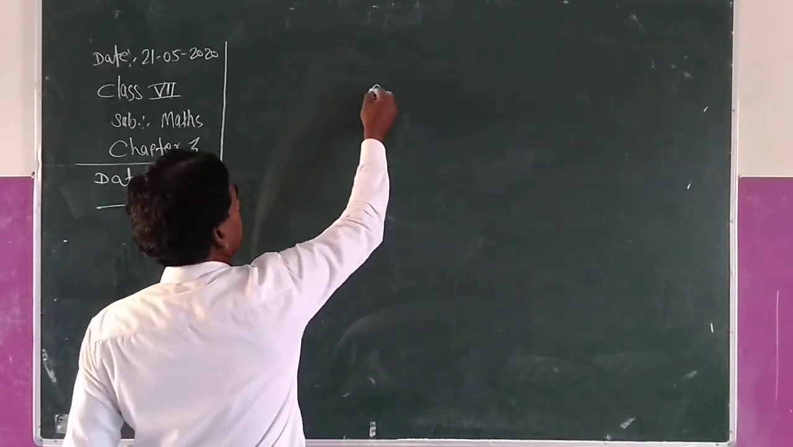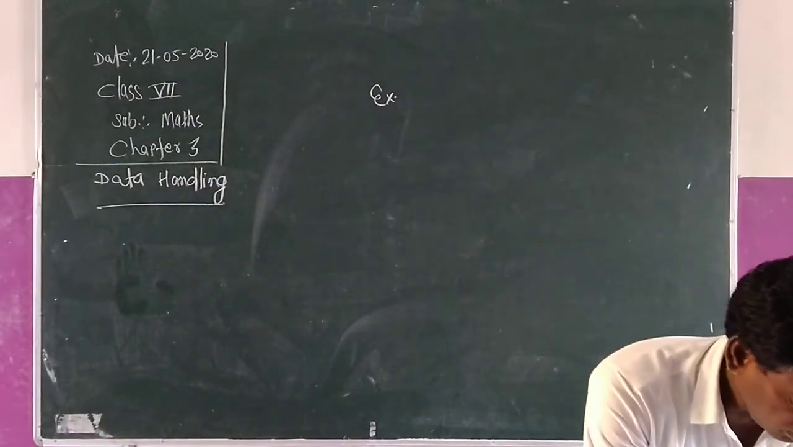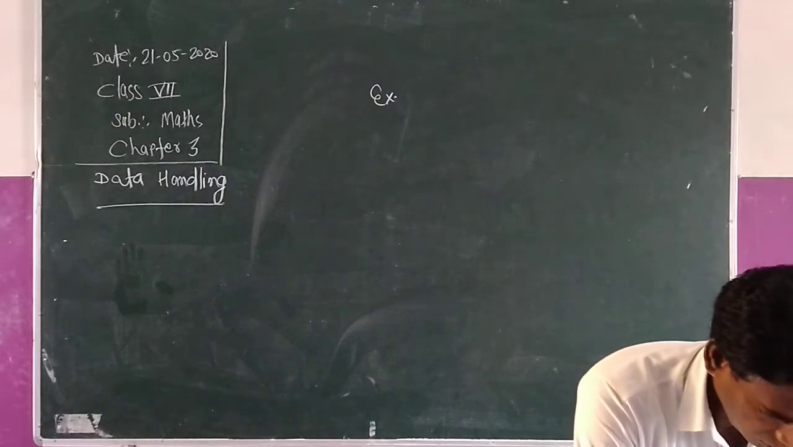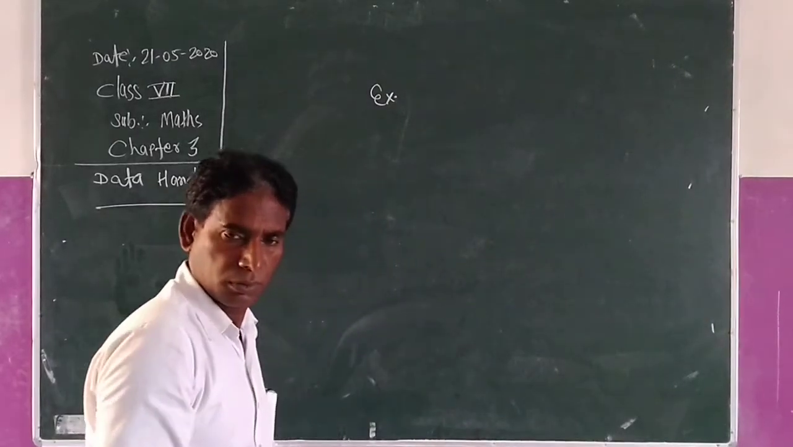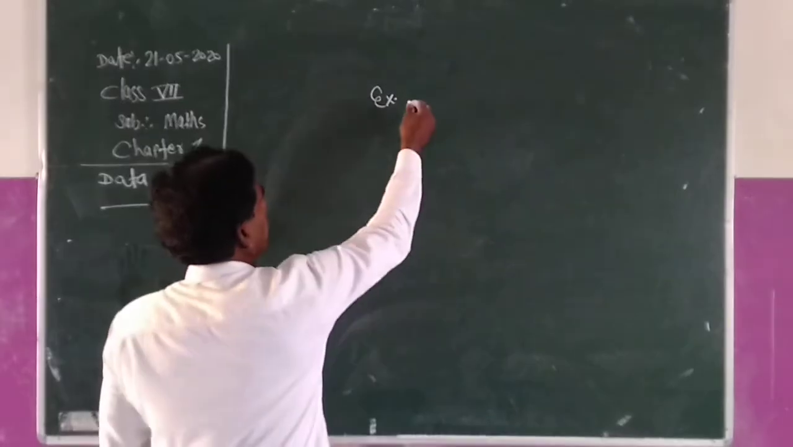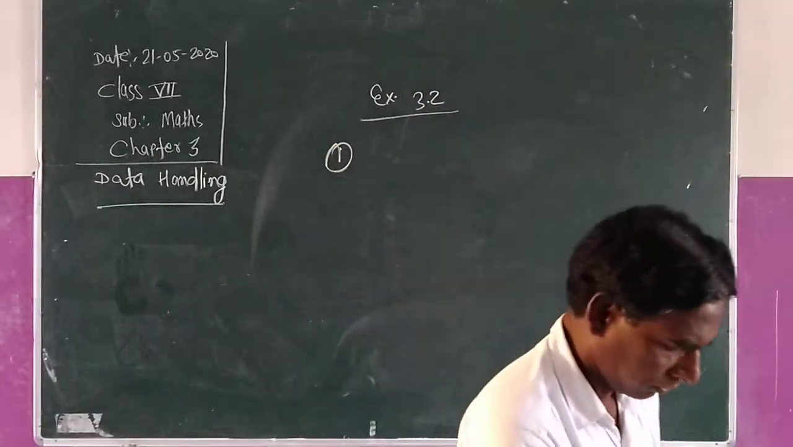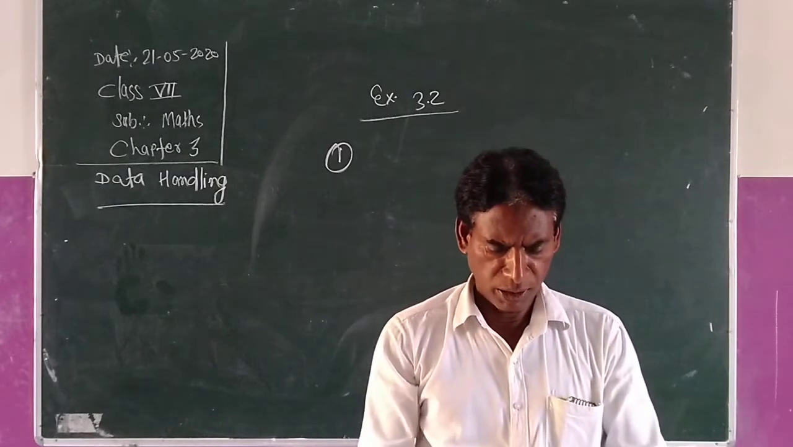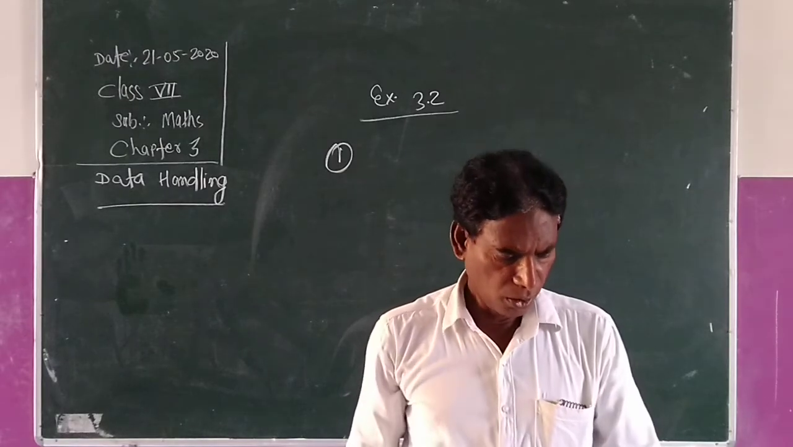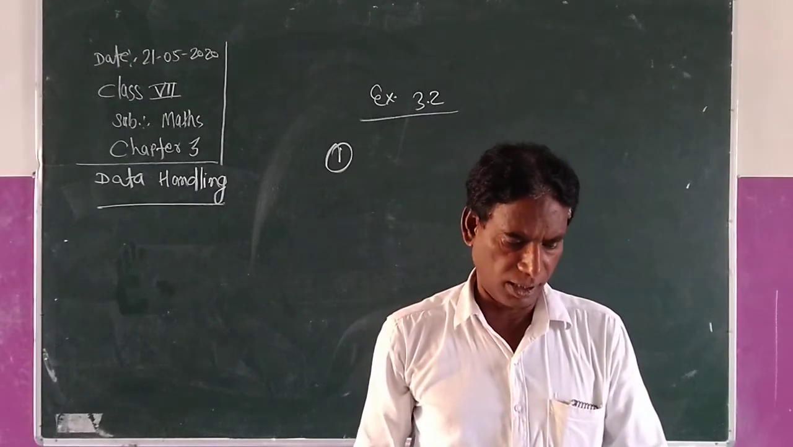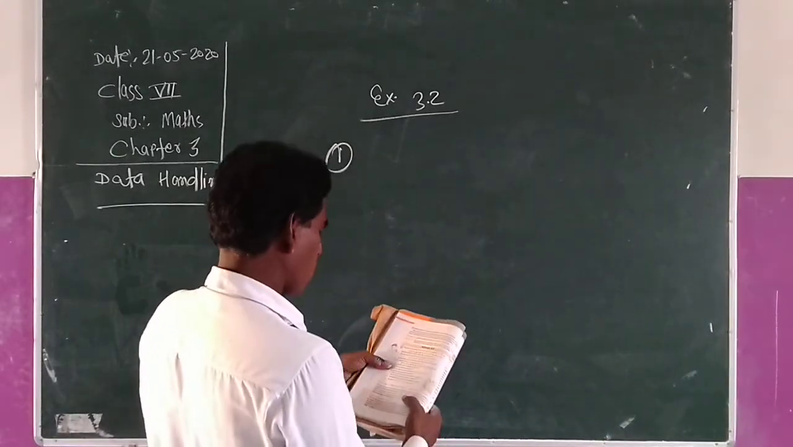Now we are going to start your Exercise 3.2. Question first. The scores in a mathematics test of 15 students are as follows. Find the mode and median of the data. They are the same. In the first question, the scores given are